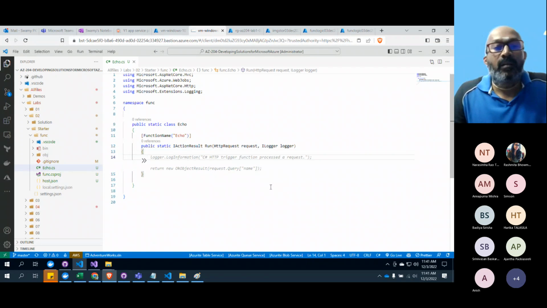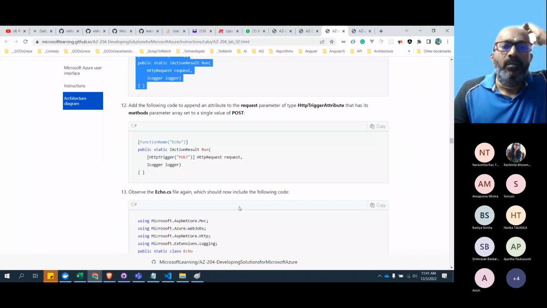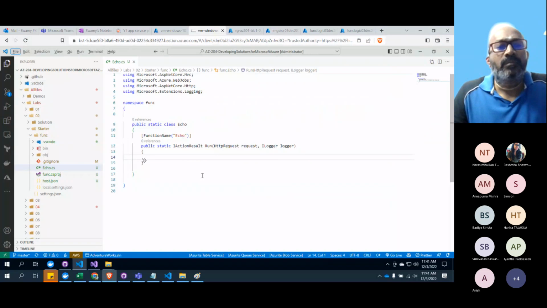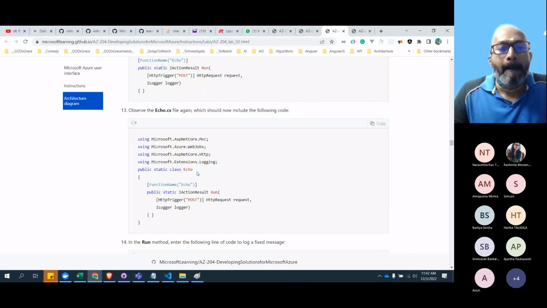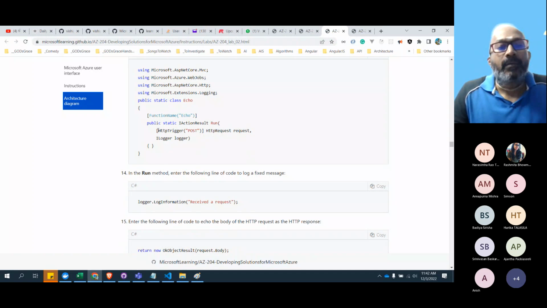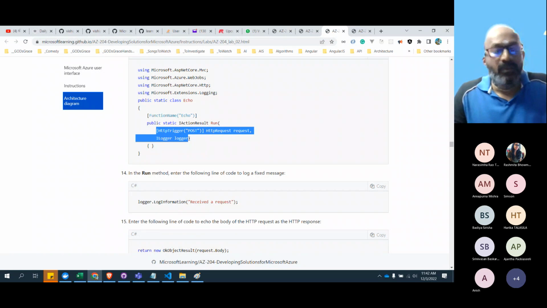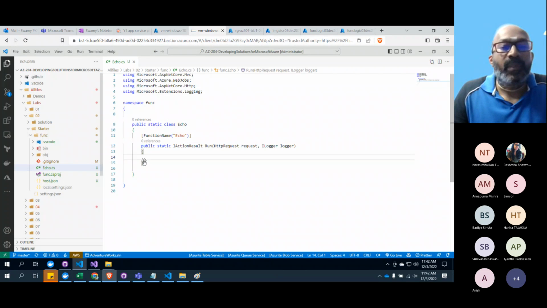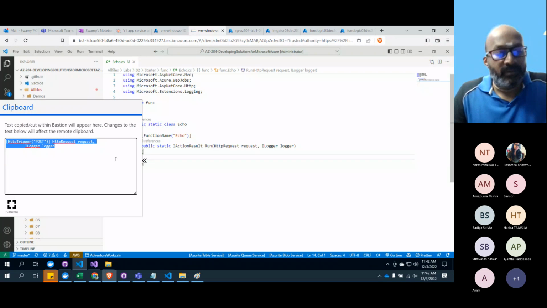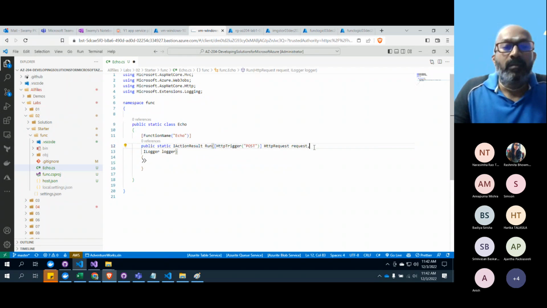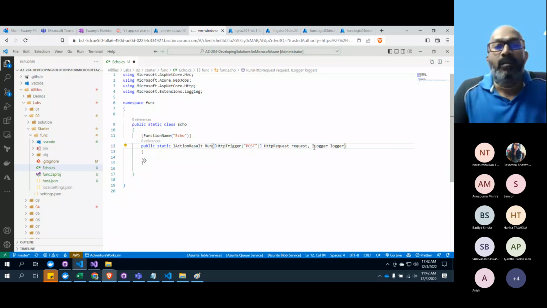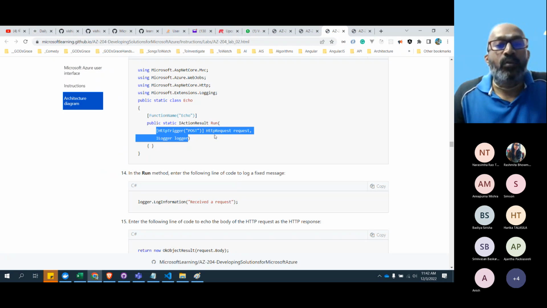And after that, he's asking us to add. He should have told me first. OK, inside the run, you need to have this entire block. So I added that. And then we'll format it here. I saved it. That's cool.